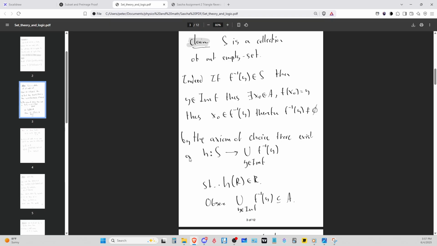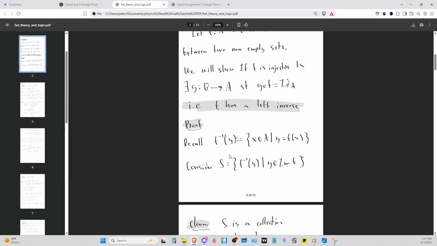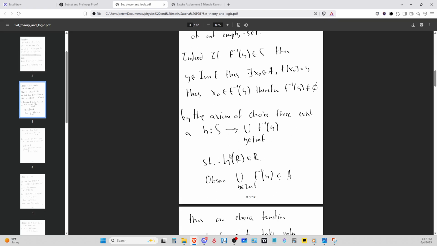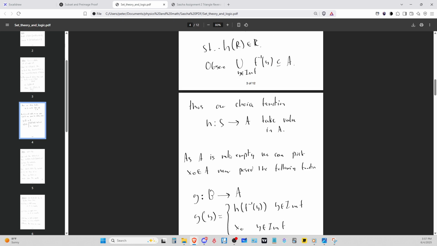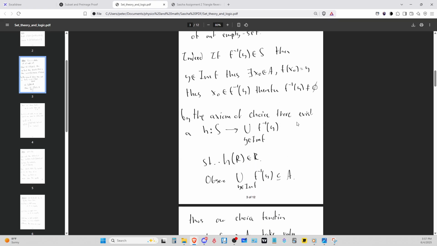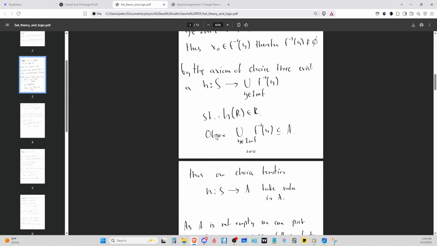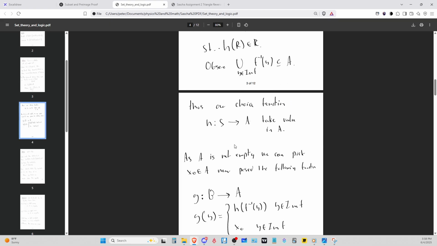There exists H. Thus the one choice is the image of F such that H on R is an element of R, and observe that the union is a subset of A. Thus the one choice function,